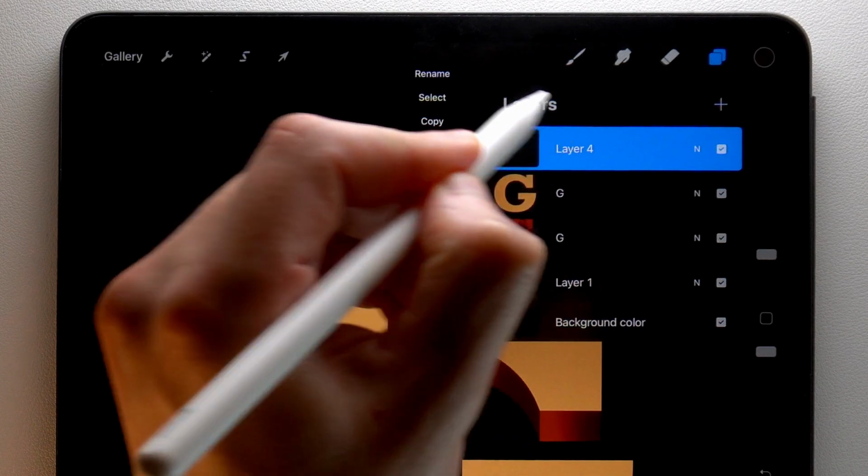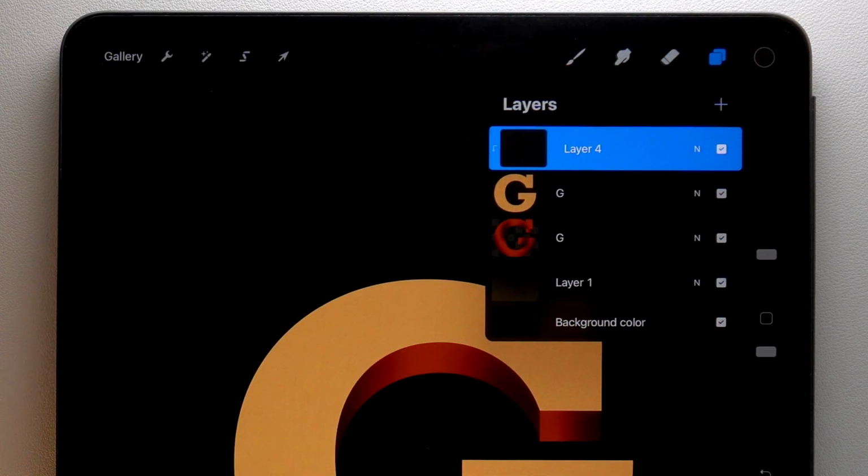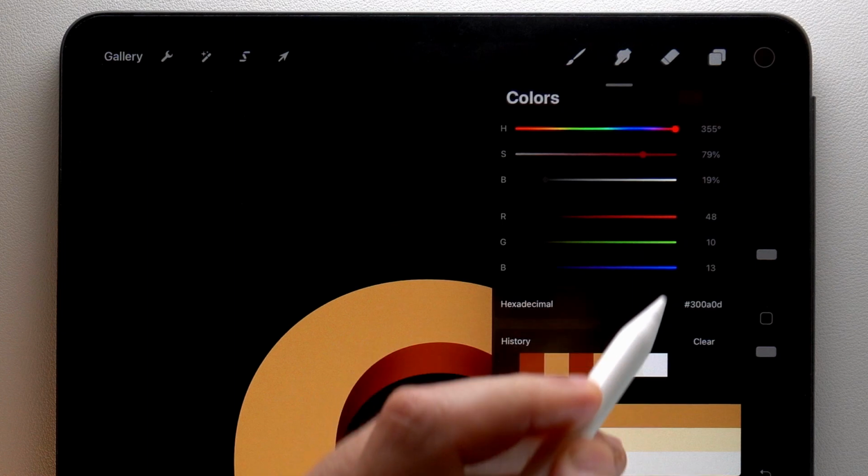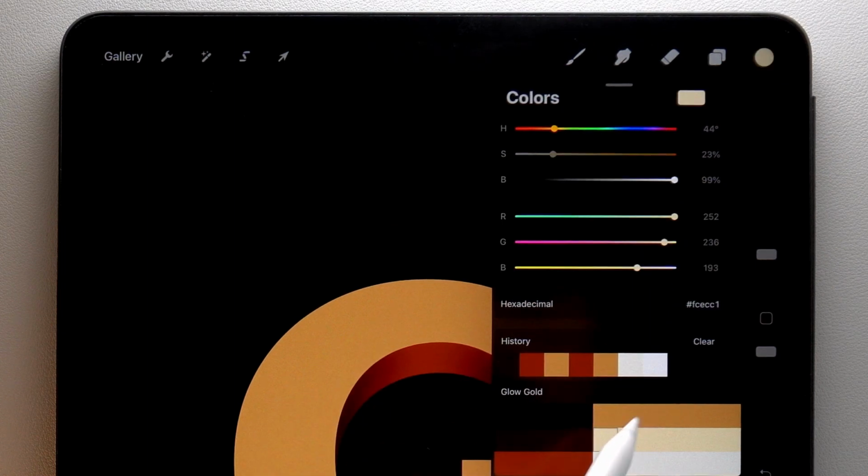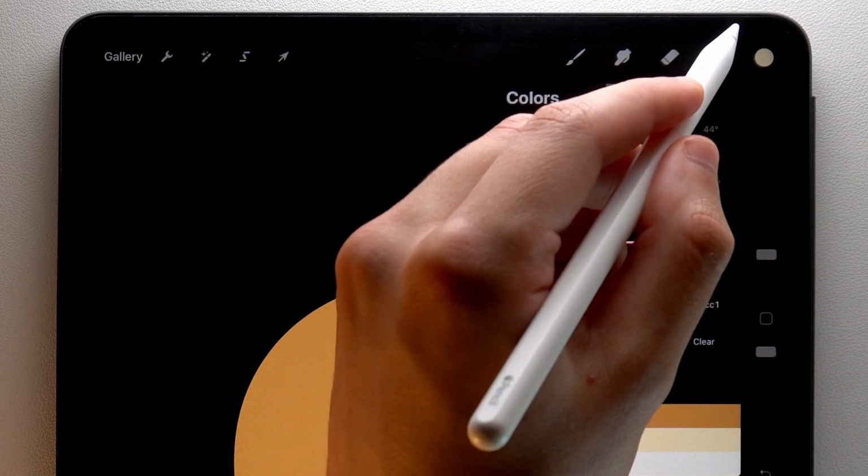Add the clipping mask option. Grab this light beige color. Then use the soft brush horizontally on your layer with a large size.